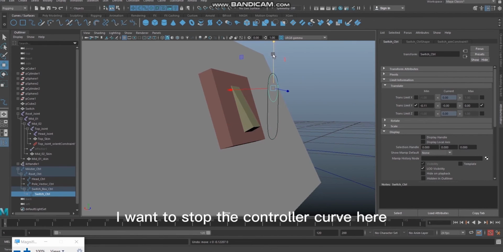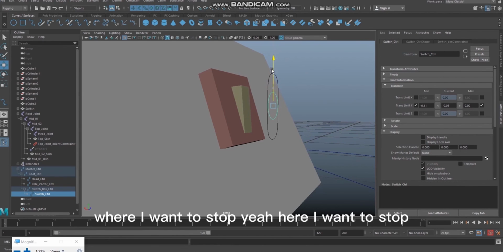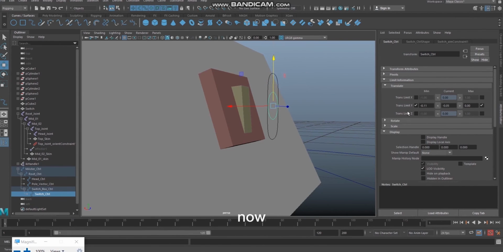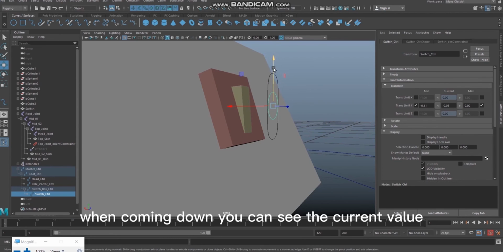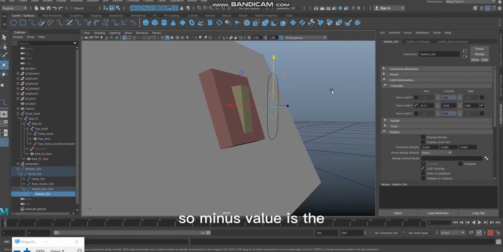Now I want to stop the controller curve here because this is believable for the setup. Off, believably it is good, on it is okay, but this is not good. So I'm just going to bring it down to where I want to stop. Yeah, here I want to stop. Now when coming down, you can see the current value is changing from minus 0.3 to 0.5. So minus value is the